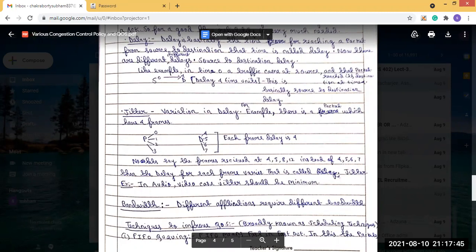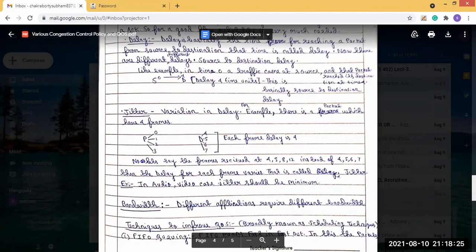In yesterday's class, we discussed quality of service, and its flow characteristics. There are four flow characteristics: reliability, jitter, delay, and at last the bandwidth. According to these four characteristics, we explained why they are needed. And then today we will discuss some techniques that are used to improve